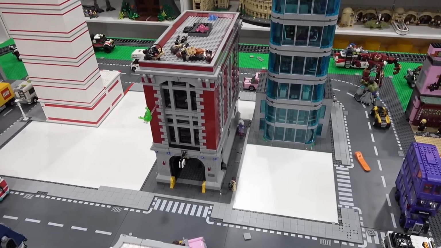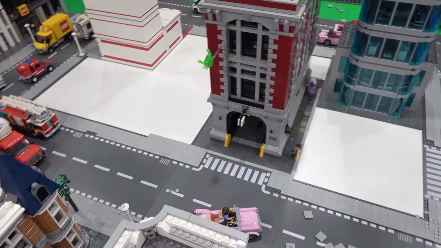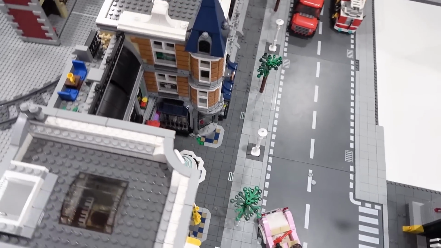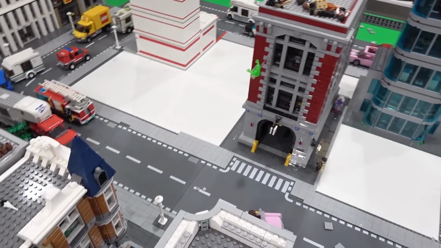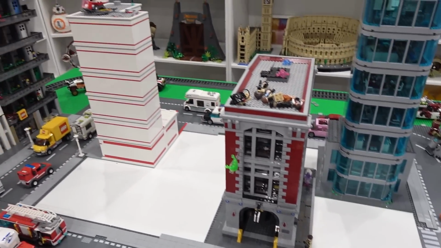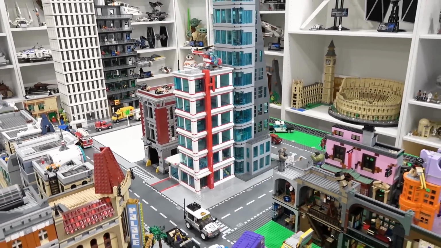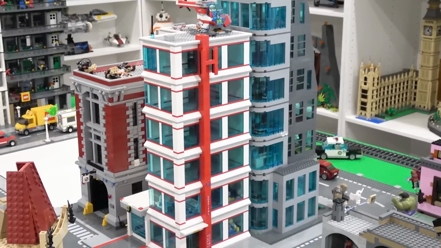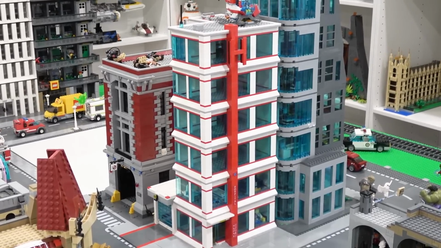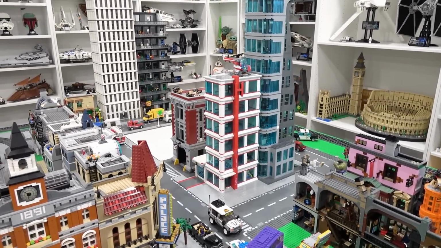So I took the Ghostbusters HQ and just spun it, so the entrance is right here, just on the other side of Assembly Square. And then we've got a base plate open right there for the hospital. Oh wow, the hospital looks so much better there. Wow. I know I haven't done a video on the hospital yet, but I will be providing an update on this mock, or my own creation. But for now,